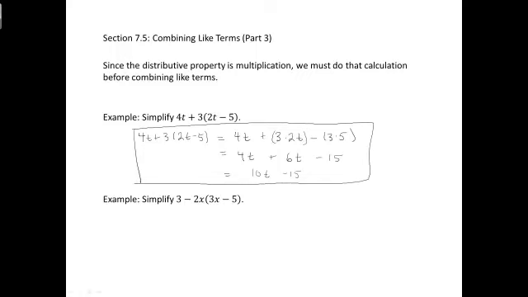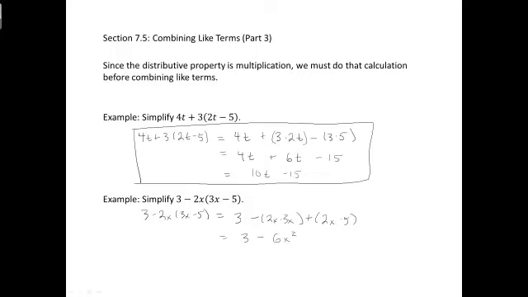Example, simplify 3 minus 2x times 3x minus 5. When you use the distributive property, you need to make sure that the sign stays with the appropriate term. So this is going to be 3 minus 2x times 3x. Now the next term is going to be a negative 2x times a negative 5, which is a positive. Negative times negative is positive, plus 2x times 5. 3 minus